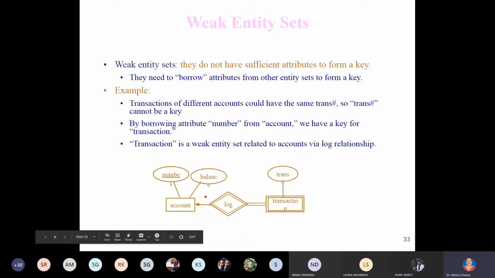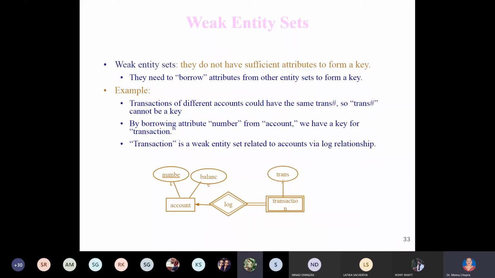ये केस स्टडीज हैं. In this way you have to make each and every diagram elaborately with what you think. Now ER diagram can vary. ये जरूरी नहीं है कि सबके ER diagrams एक जैसे ही हों. It depends upon the perception कि आप कैसे perceive कर रहे हो and how to design. So सबका design थोड़ा बहुत differ हो सकता है. It doesn't mean कि आपके लिए वो weak entity नहीं है. मेरे लिए वो strong है, मेरे लिए वो attribute नहीं है. तो it depends upon that. तो थोड़ा बहुत schema सबका differ कर सकता है. It is not that कि जो सोच रहे हो आप वैसे ही schema design करोगे. So it depends upon that.